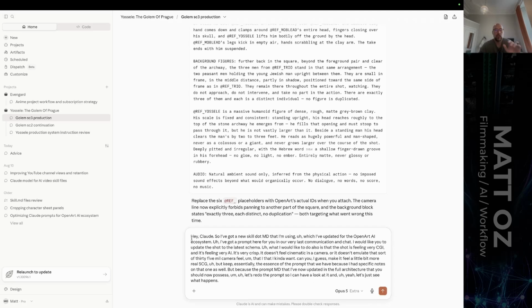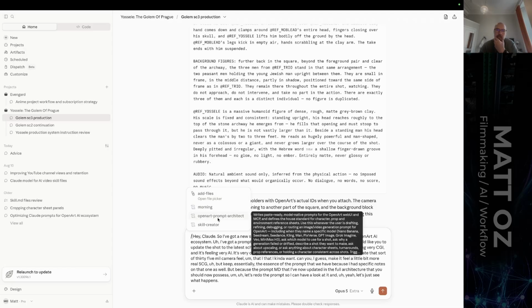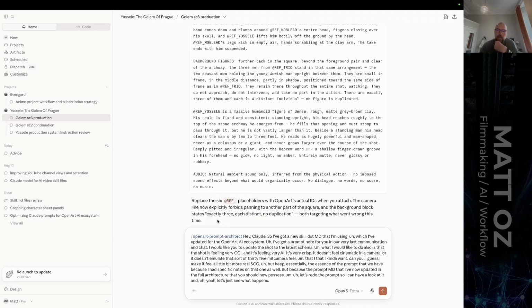Now to invoke the skill, you have to start it off with a slash, and I've got it here. I've called it OpenArt Prompt Architect. And I don't know, this is the first time I'm doing it since I've done this big update with my prompt architect. Usually what I've been doing is, if I just jump over to, before I accidentally lose it, if I go to projects,